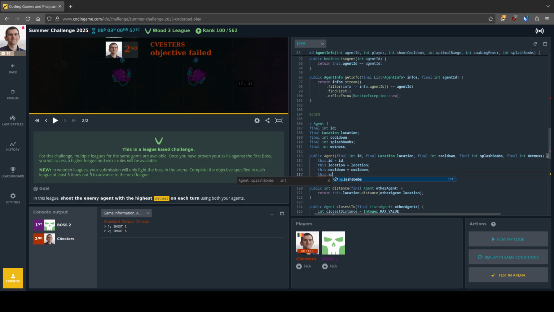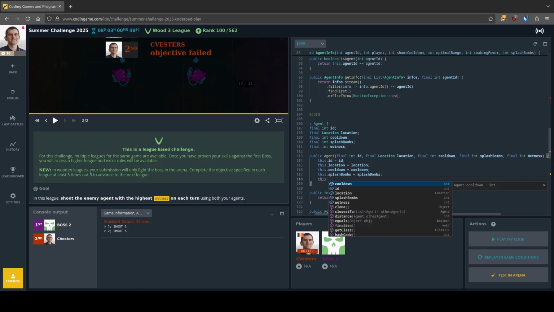This dot splash bombs equals splash. That's where my autocomplete ends. It's already nice that that's the capital. Oh, that's not it. It's already nice that actually this is like some kind of Visual Studio Code